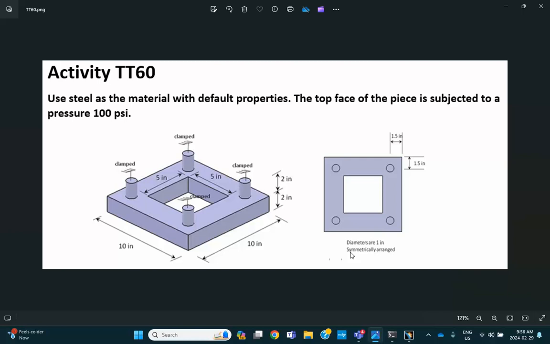What we have here is this geometry that you see. It's made out of steel with default material properties in Catia, and the four top circles are clamped, and the top face, this rectangular face, is subjected to a pressure of 100